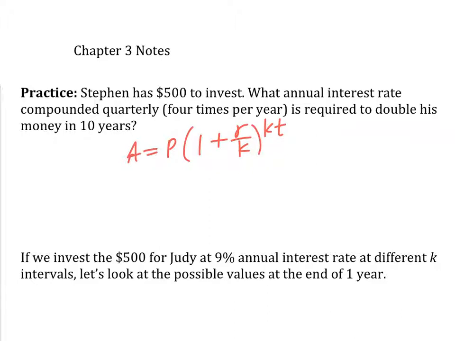Okay, he has $500. He wants to double. So how much does he want to get back? 1,000. 10 years. Okay, rate, we don't know. Quarterly, and then 10 years. So we got to go back and figure out our